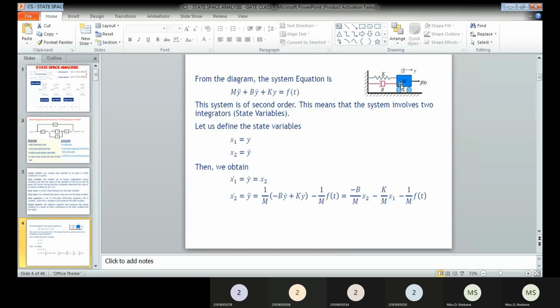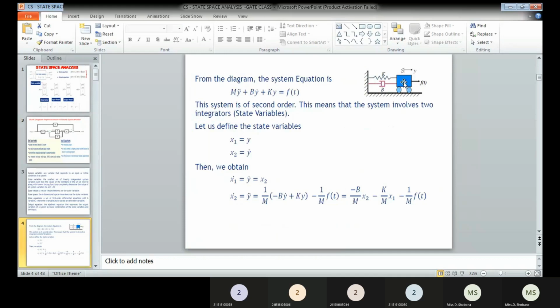Now we are going to write the differential equation for this mechanical system. In order to write that, we observe how many nodes there are. The mass represents one particular node. Therefore, this will consist of two state equations. That means here we will have a mass.